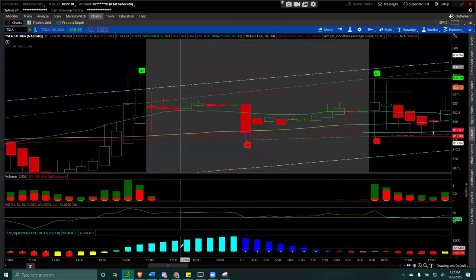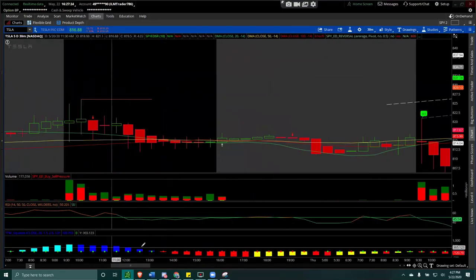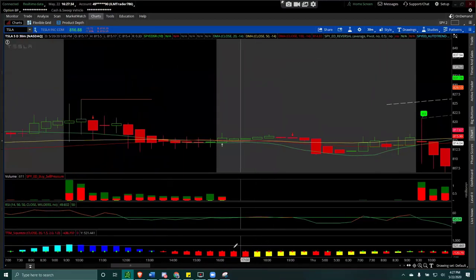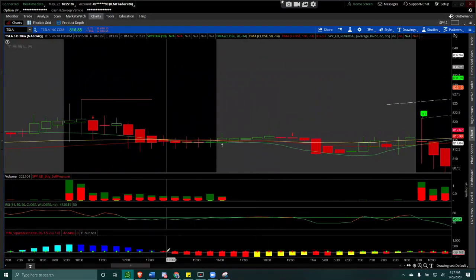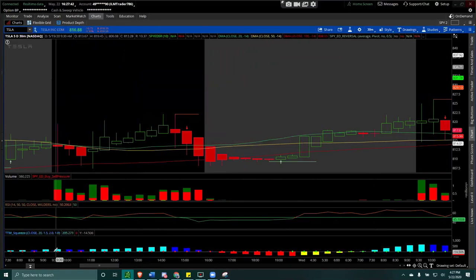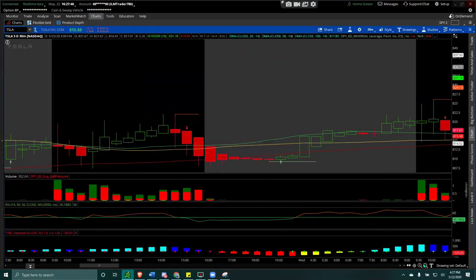Oftentimes, I'll show you guys a good example of when it really pops. Look right here. It's been holding the squeeze: 1, 2, 3, 4, 5, 6, 7, 8. So there are almost a few squeezes here that were giving you a signal to either get out or to get in. I'll show you if there's any get-in one. Oh, but there you go. Whenever it clicks up, you'll see the upward move, right? So you have to follow it, literally see it on a different time frame.